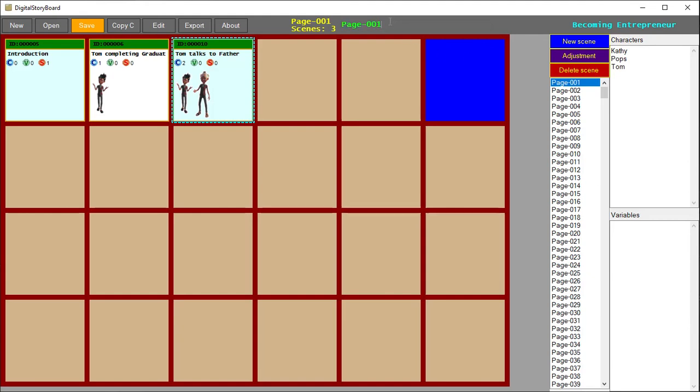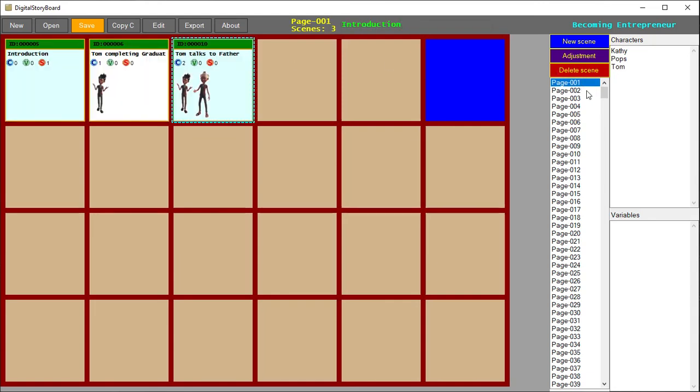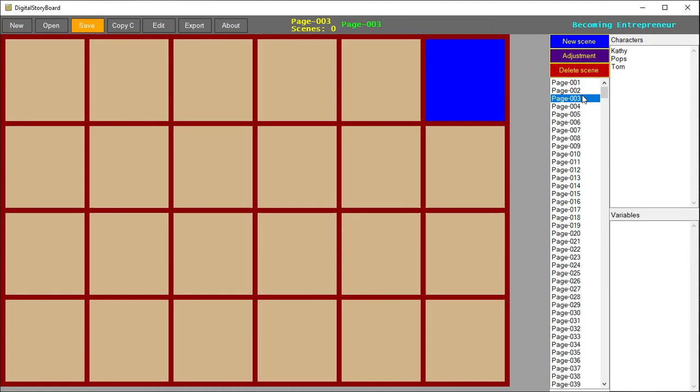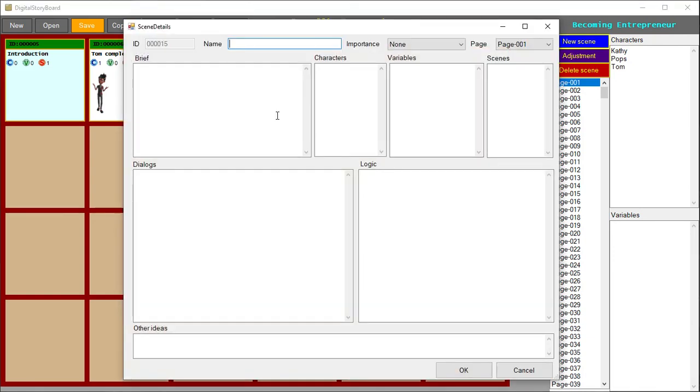So in page number one, I just want to show the introduction. So you can just give it a name. I can just click the page name, page number, and then give it a title. So I can go to page two. So I can say meeting Catherine or Kathy, right? Kathy. So you can click the page to know what is the page name, what is the context of that page, and probably in page number one I will add a new scene and say